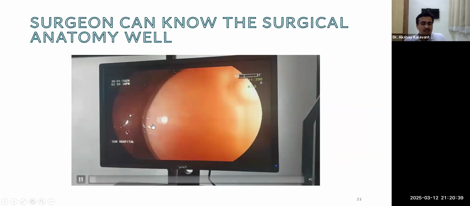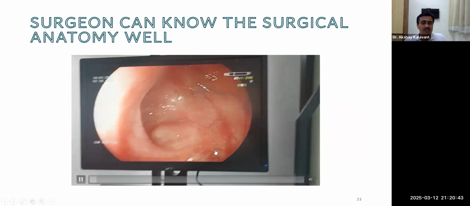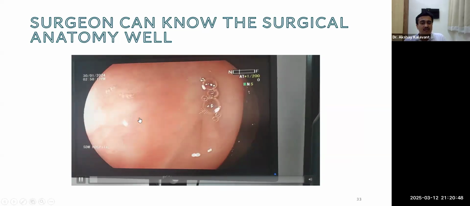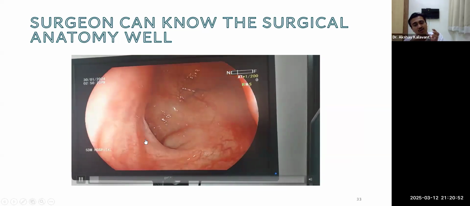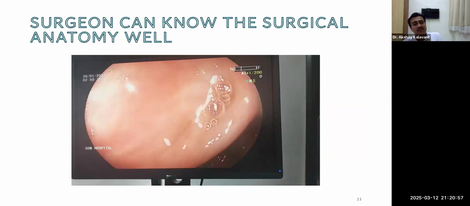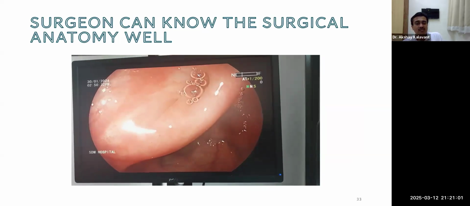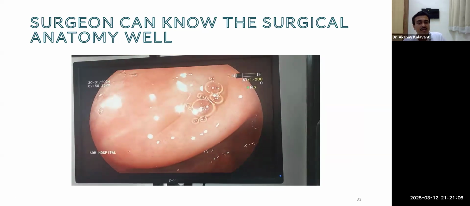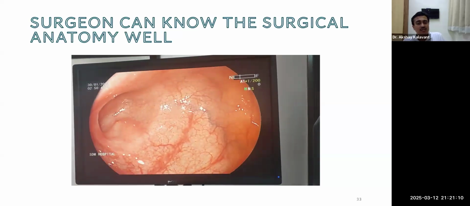Now, if you ask other endoscopists, they might not know what a surgeon has done in this patient. This is the ureteric opening which is there in the rectal pouch. This is a rectal pouch to which we have joined the sigmoid colon. So now I am showing you the rectal pouch, and this is the ureteric opening joining over there. Only the surgeon who has operated will be able to demonstrate the anatomy and be very clear about what is happening with the child. And we have taken a biopsy. This biopsy has come as normal mucosa. So of course he requires regular